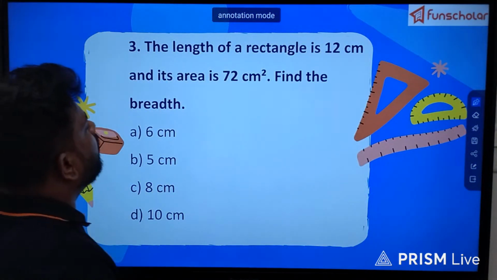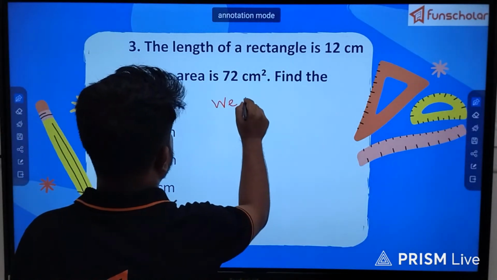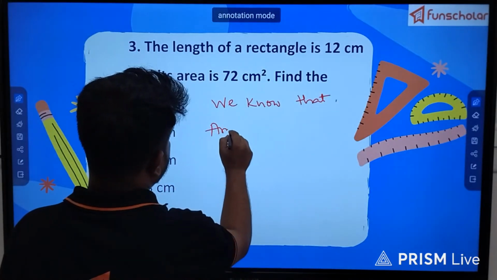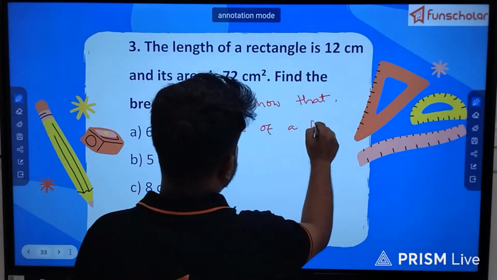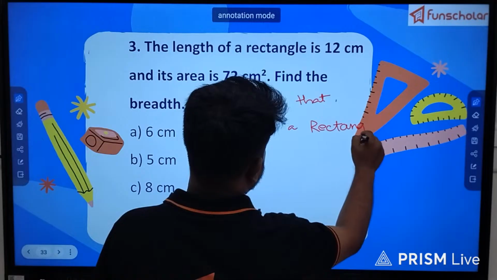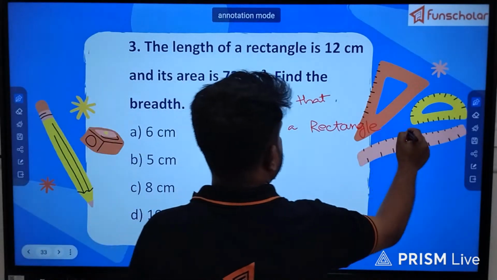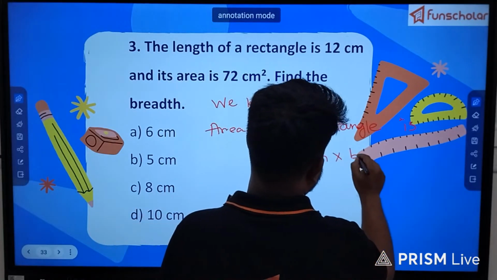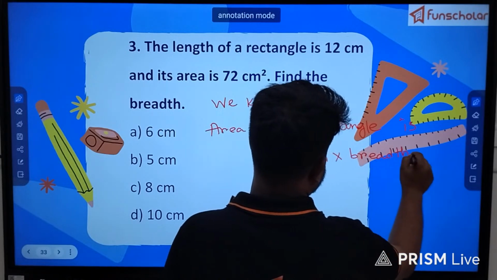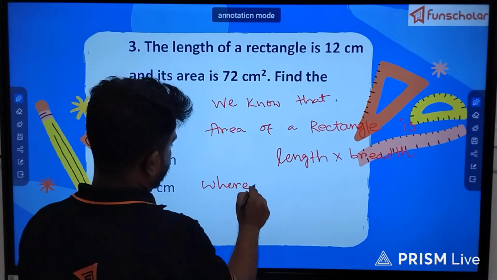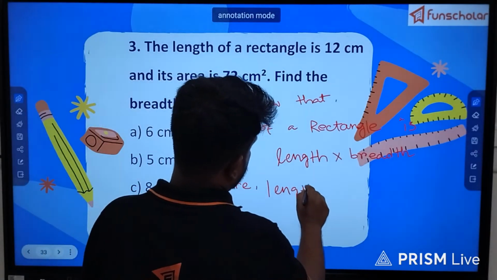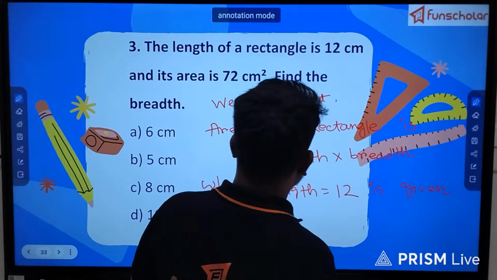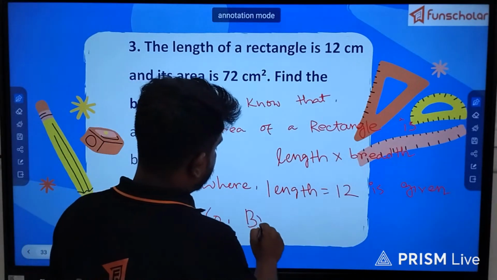So we know that the area of a rectangle is length into breadth, where length equals 12 is given. So the breadth will be,